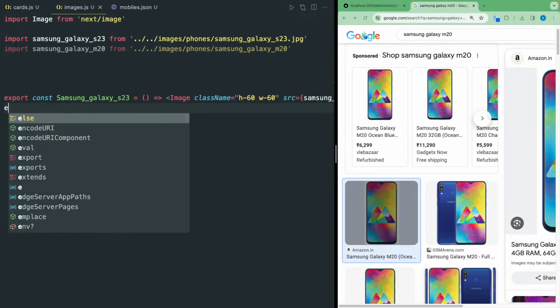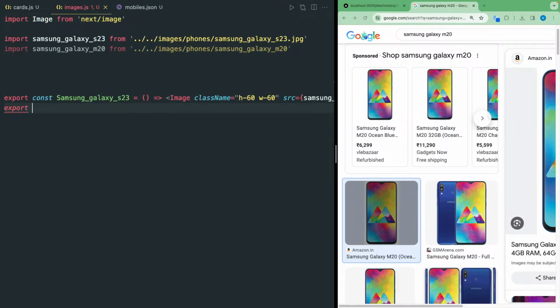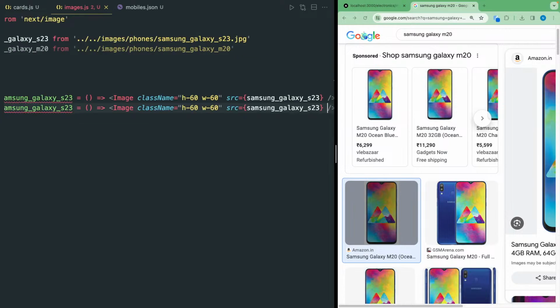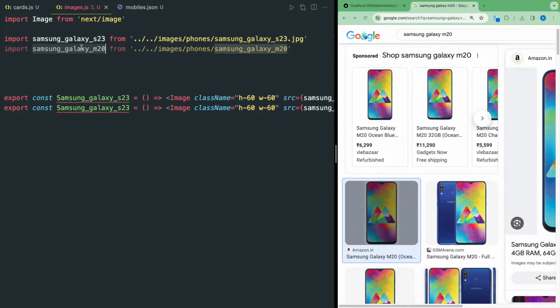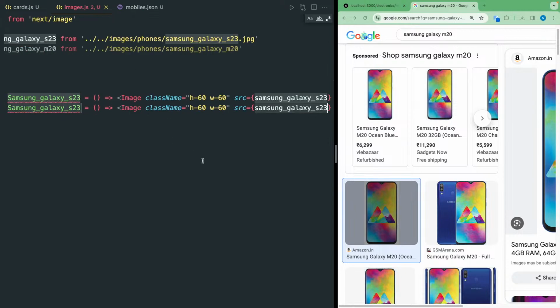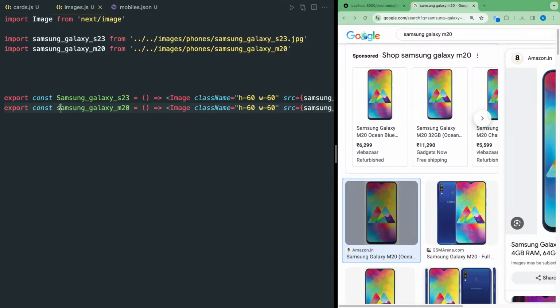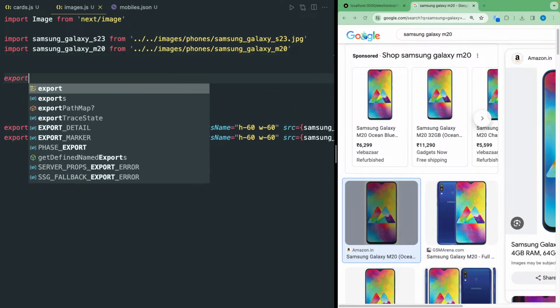And of course we will export, actually copy this whole line. Samsung Galaxy M20, rename it to Galaxy M20. And the thing is, we have imported these images. I can export